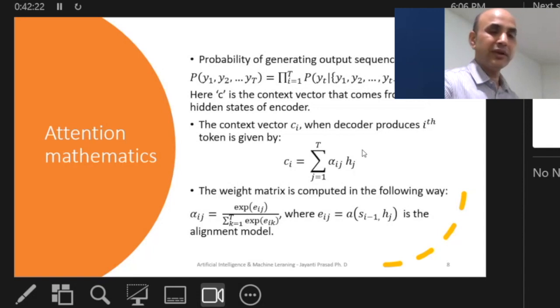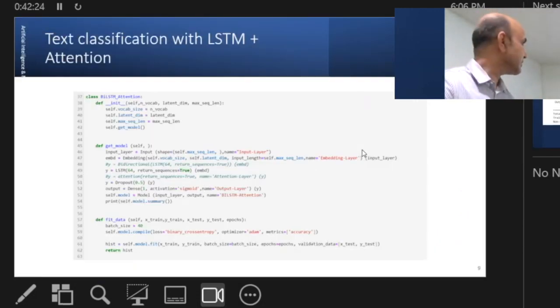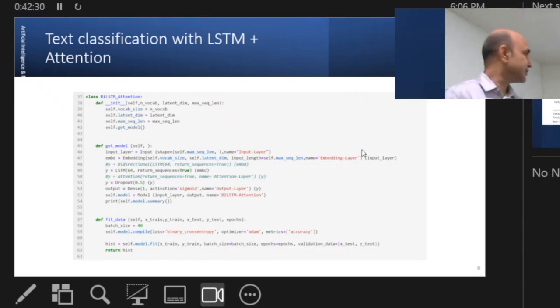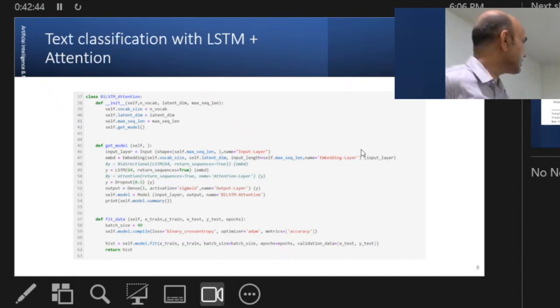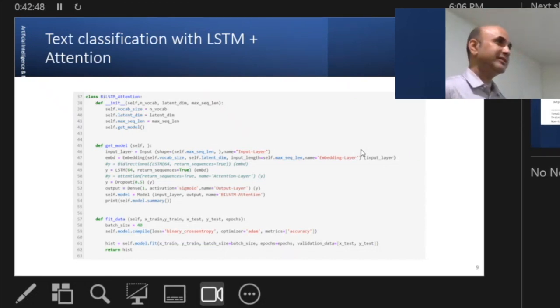Okay, so you can again ask what about the weights? And this is the program I have put there. It's on my GitHub page. It's a Jupyter notebook. It shows the LSTM plus attention. I have three exercises here, in the same notebook. By commenting three different lines, we can do three exercises. These are line numbers 48, 49, 50.